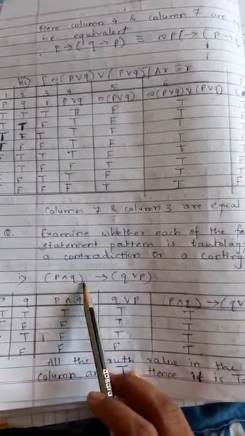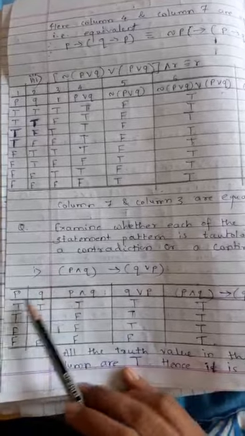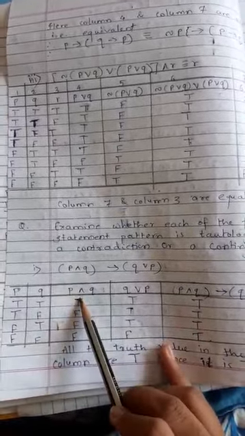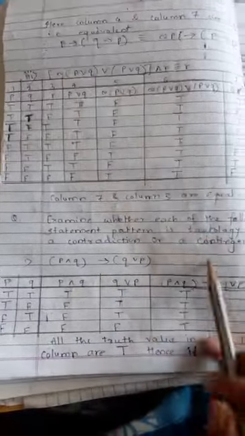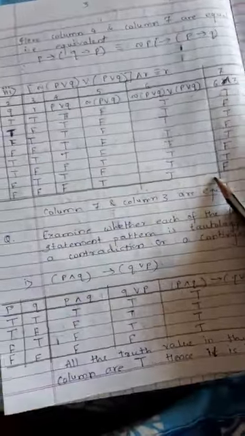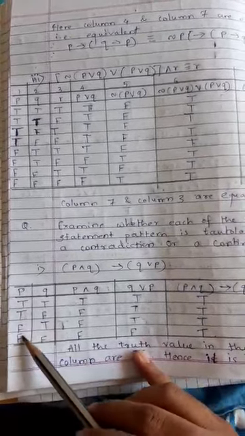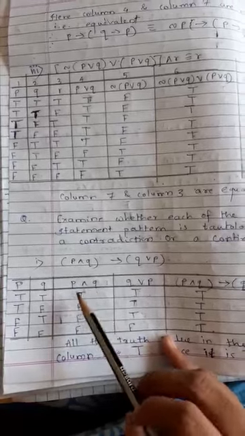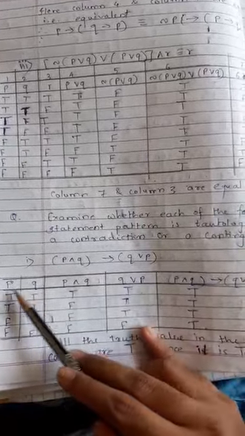P and Q implies Q or P. Okay. So let us take P, Q. Then we will take P and Q, then Q or P, and then the whole statement. So we are again doing similar steps, just going step by step. So PQ: TT, FF, TF, TF as usual. P and Q, we know, is TFFF. Then Q or P.